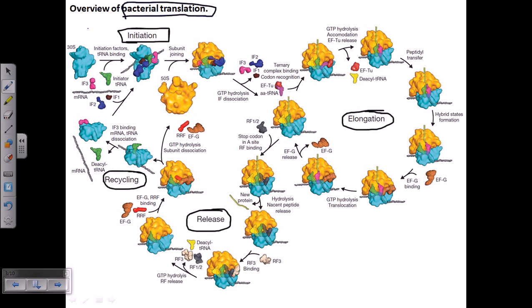So there are four stages: initiation, elongation, release, and recycle. These are sequential. Remember, initiation should be first, elongation second, release third, and recycling fourth. The recycling stage is important, because if it is not recycled, the next round cannot be possible. You can also see the elongation stage is a cyclic stage, because it is cycled through this process. Now, at the very beginning of the initiation stage, what happens?